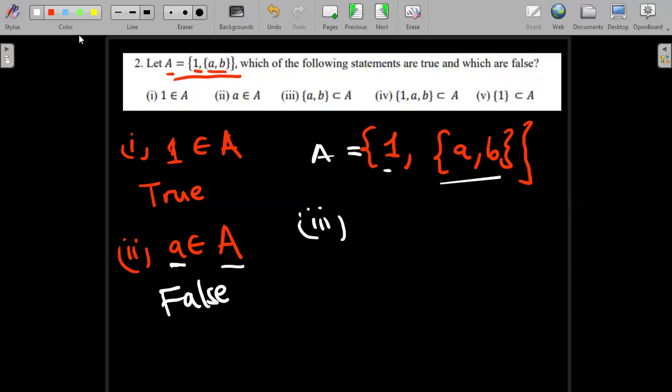Part 3 says, I have the set A, comma B, being a subset of A. So what is the definition of a subset? This is just a set contained in another set. So as I can see here,